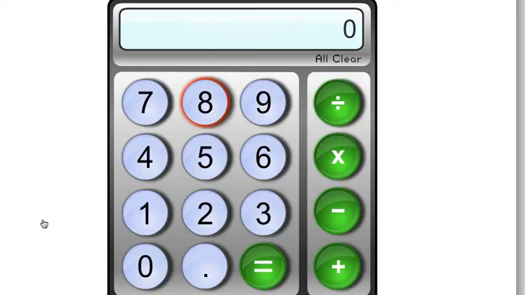As a teacher, I've watched children for many years as they carry out the basic functions of addition, subtraction, multiplication, and division. And I've grown concerned that for many of them, they lack a sense of the underlying meaning of these fundamental operations. I don't know that we can necessarily blame calculators for this, but they certainly aren't contributing to solving the problem. For example, when I enter 4 plus 3 to get 7 in a conventional calculator, it does